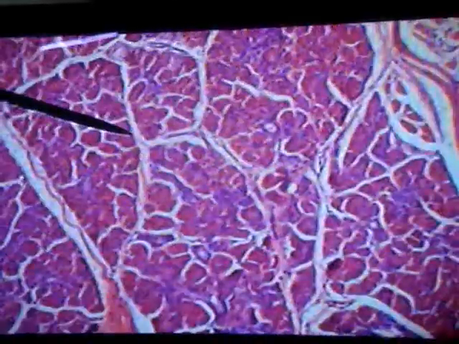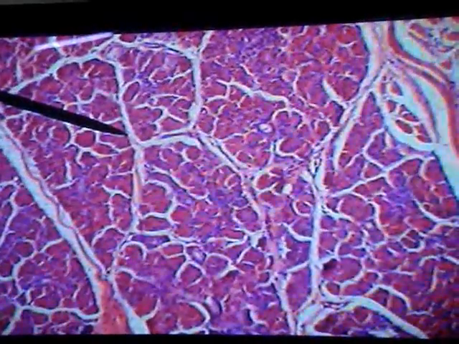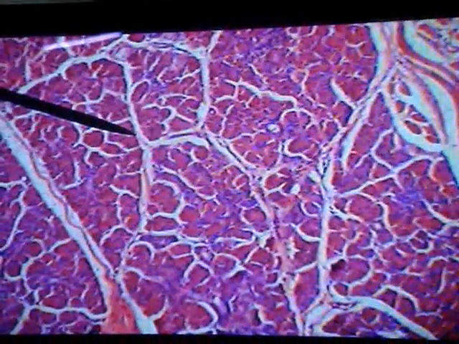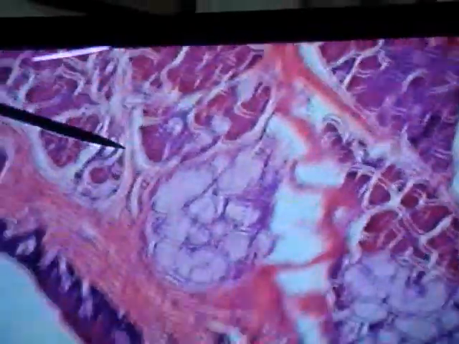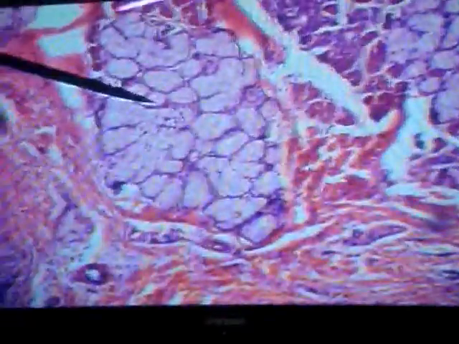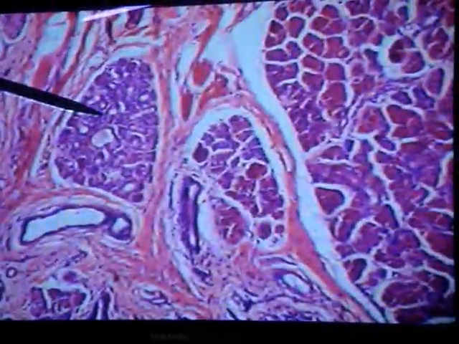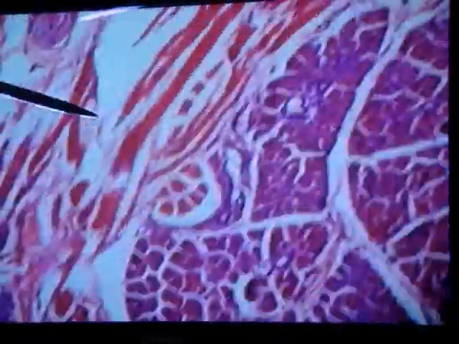Histology of the, see, these are a group of serous glands. So many serous glands, especially seen towards the anterior two-thirds, beneath the anterior two-thirds or the dorsum of the tongue. Now as you go towards the posterior of the tongue, you will see a lot of mucus glands. Towards the anterior two-thirds, you will see a lot of collection of serous glands, but towards the posterior one-third, you will see a lot of mucus glands.